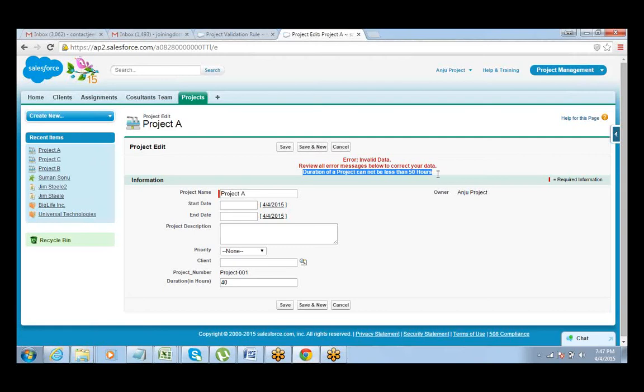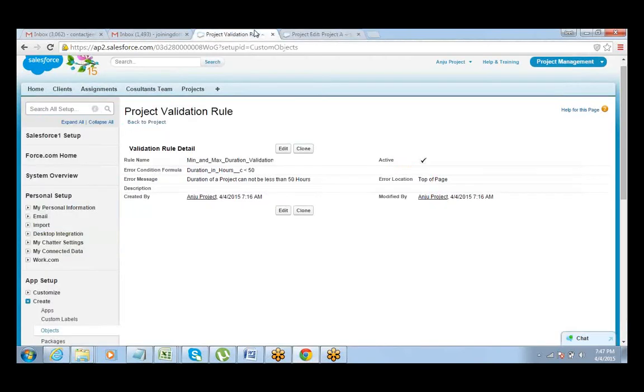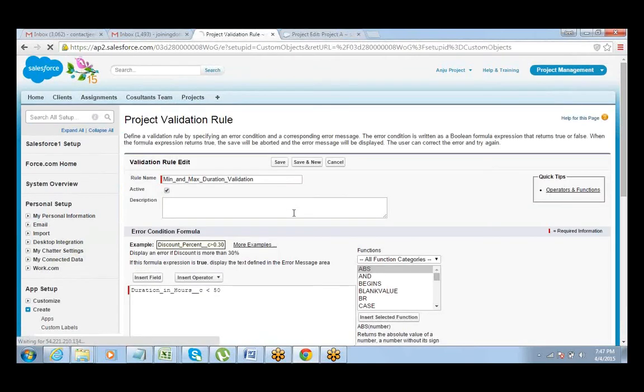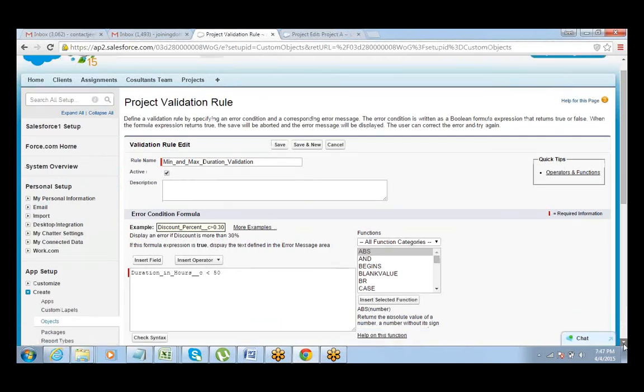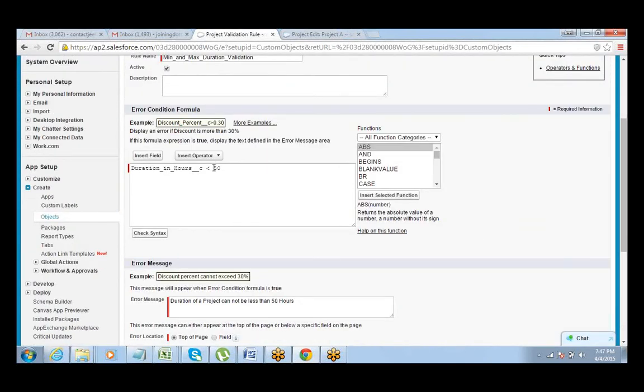Fine. Now I need to put a maximum limit also, right? So in that case, I'll put an OR condition here: or duration greater than 2000. That should also be an error, right?